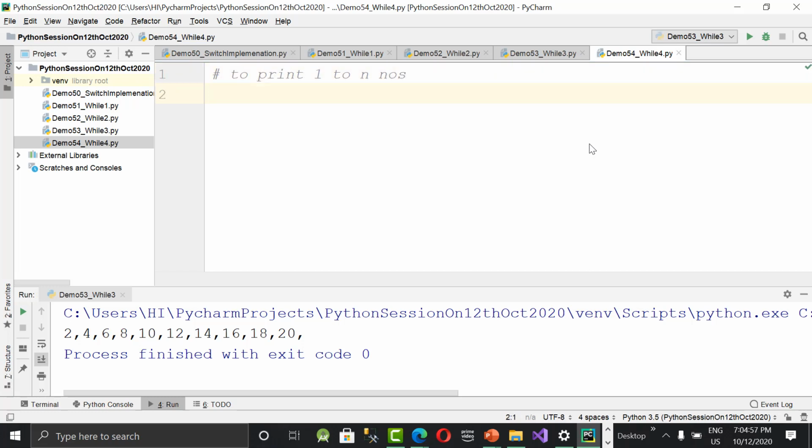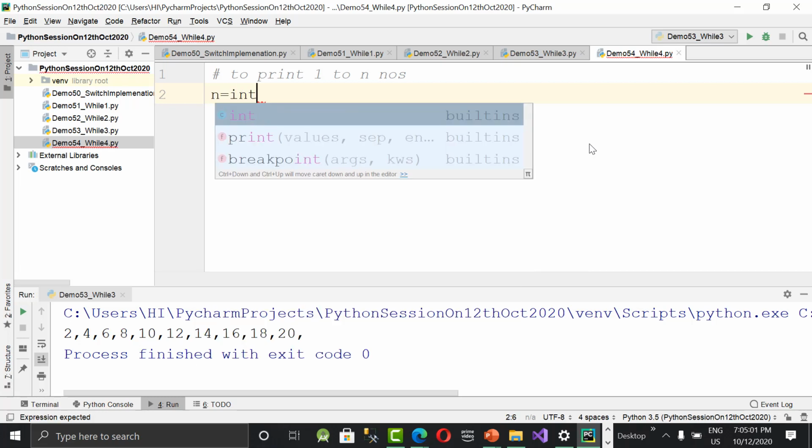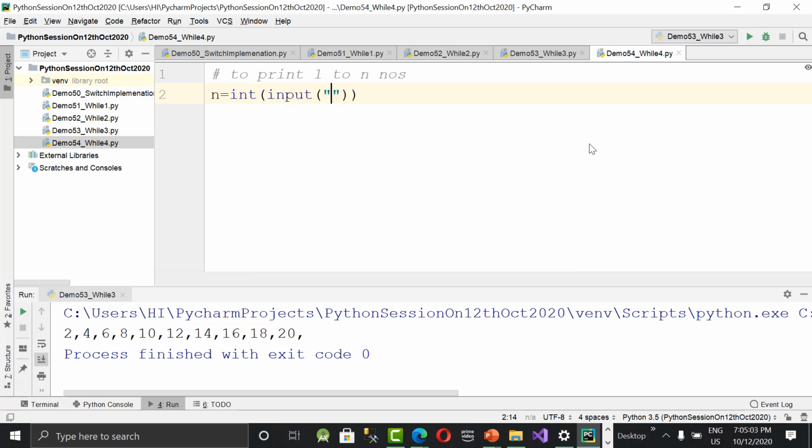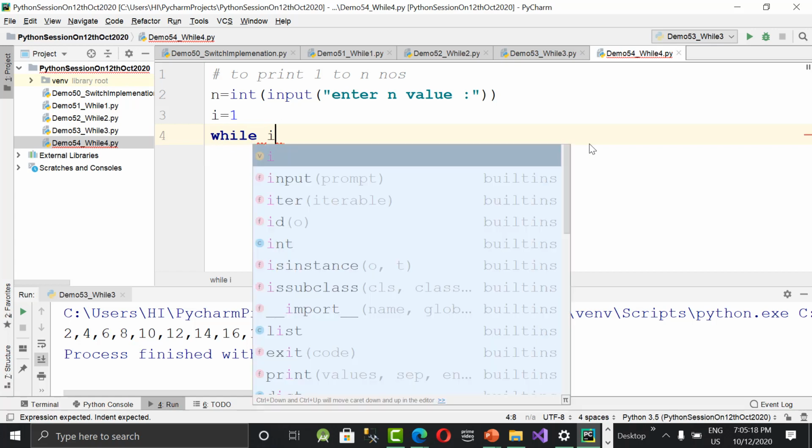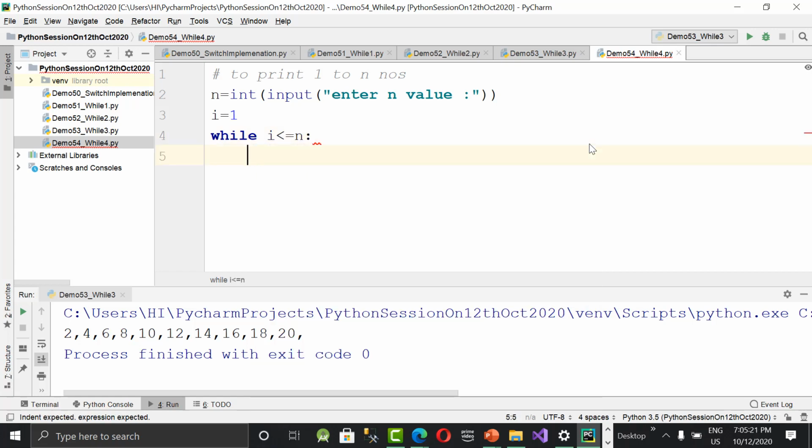Then I need to start from 1 to n, so I'm taking i is equal to 1. The variable name can be anything. While i is less than or equal to n, print i value first, end is equal to comma because I want to print comma side by side, horizontally. Then i equal to i plus 1 or i plus equal to 1.